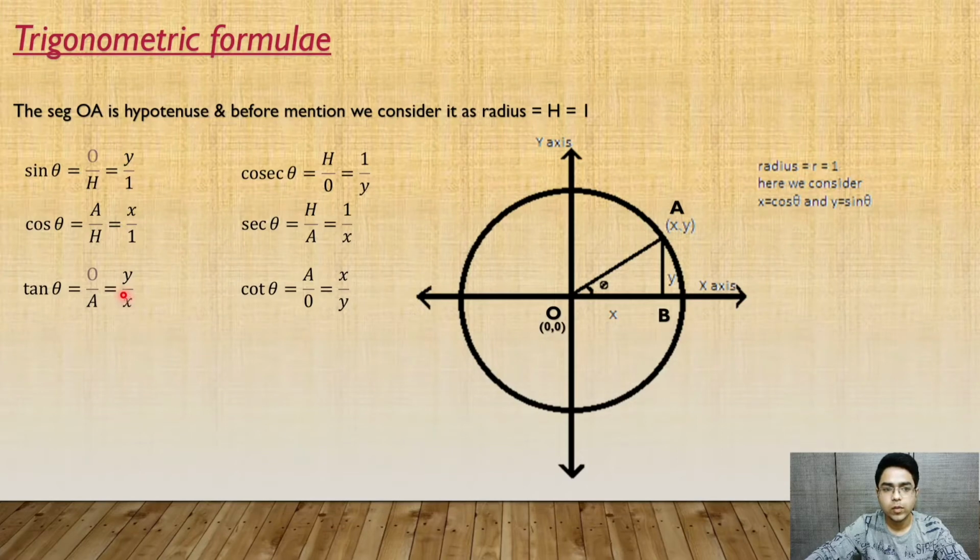So tan theta will be sin theta upon cos theta, that will be y by x, and cosec theta is the reciprocal of sin theta. We cannot say inverse, it is reciprocal. Cosec theta is equal to 1 upon sin theta, so 1 upon y. Sec theta is equal to 1 upon cos theta, so we have written 1 upon x. Cot theta is the reciprocal of tan theta, so we have written x by y. Now turning to the next page,